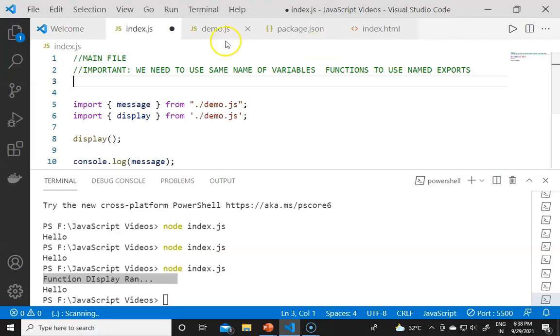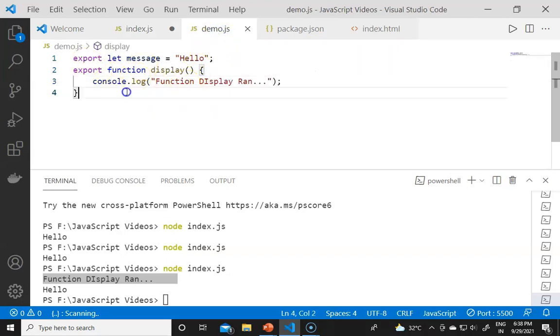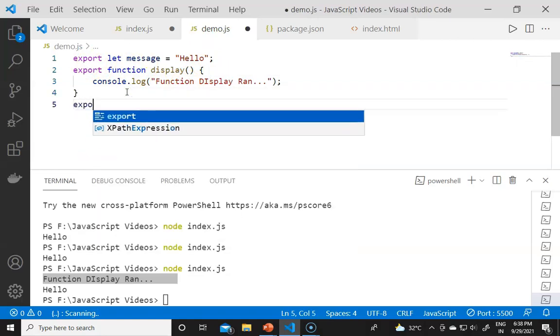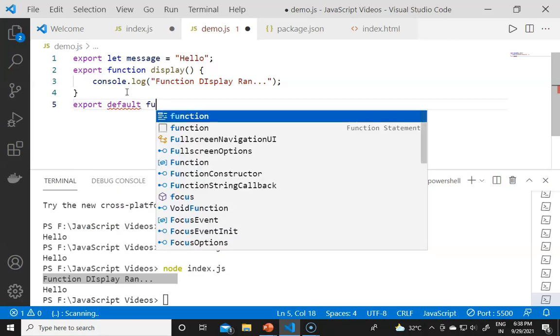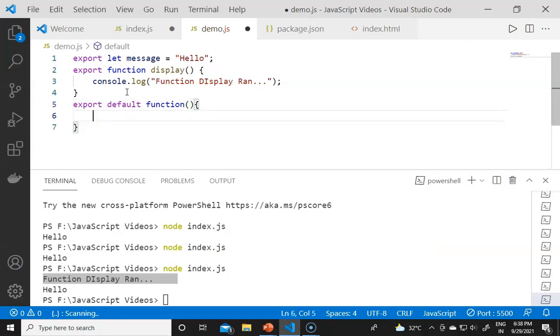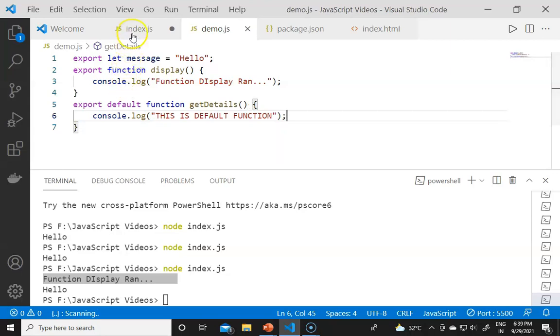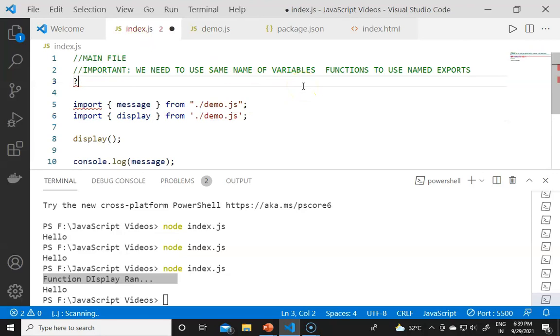So for the default export, we have to use the default here. Like if I need a function like default function export, then I need to use the default keyword here, like the default, and then the function name like function. Actually the function name should be there like get display or get details. So after this, if I will now console.log that this is default function. So if I will now save and if I will now import this function, and second important thing